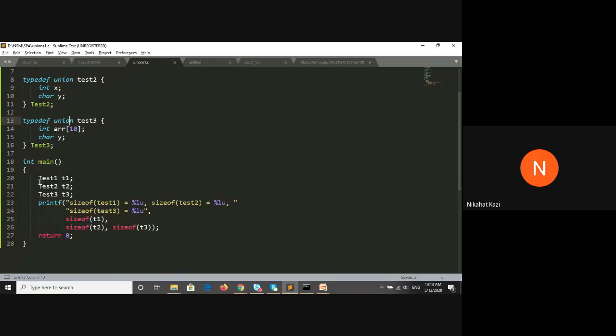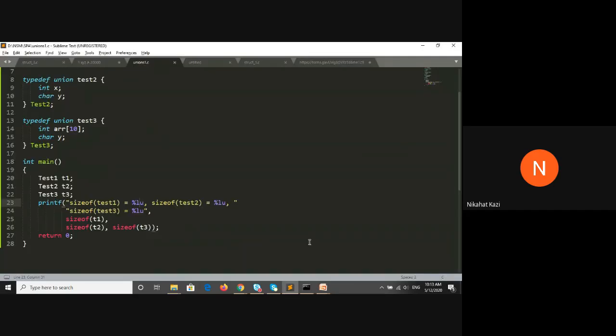What we have done in main is we have created the three variables test1 t1, test2 t2 and test3 t3, and then we are printing out the sizes using the sizeof operator. This format specifier is long unsigned int, since sizeof returns an unsigned int, so we are using this.